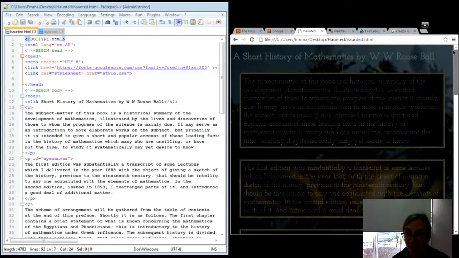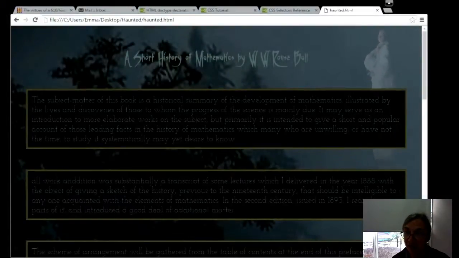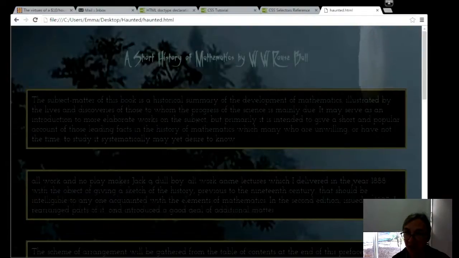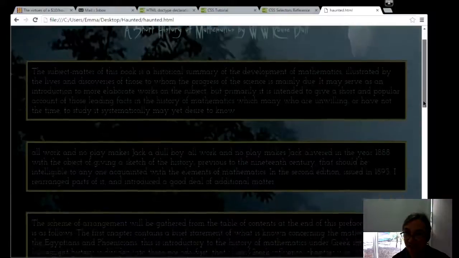Very important if you have more than one style sheet, which today we're not going to, because we're just doing something fairly simple. So there you are, we have started on our web page, and it's got HTML and CSS,